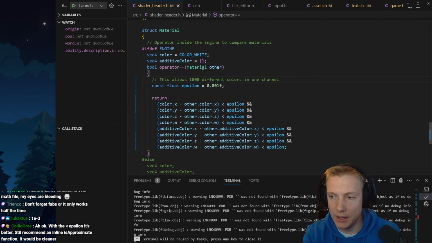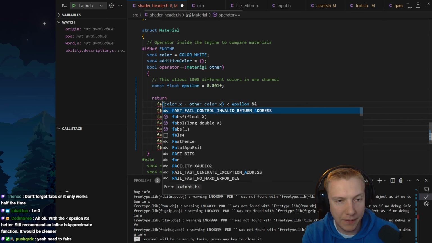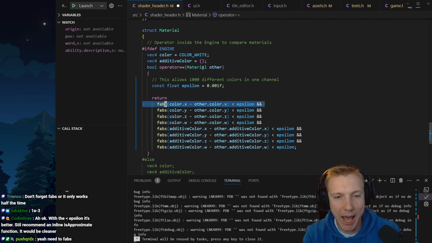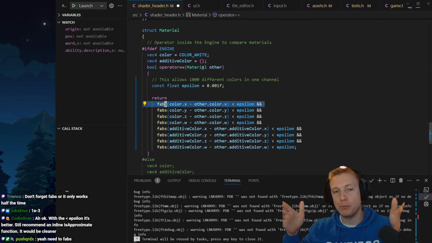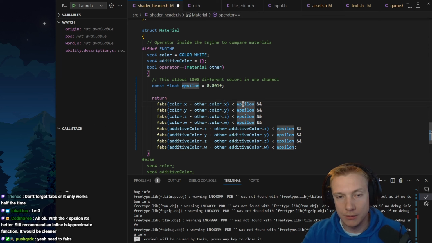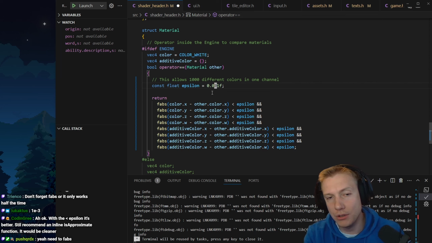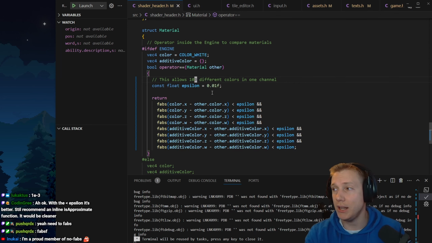Don't forget fabs, or it only works half the time. Fabs. Oh, I see. So this is supposed to be fabs, and that is basically the absolute value of this. So the positive value of this, which is the actual difference between the two, has to be less than the epsilon to be equal. Yeah, that makes sense. Maybe I turn this into 100 different colors here. And if we notice any bad visuals,